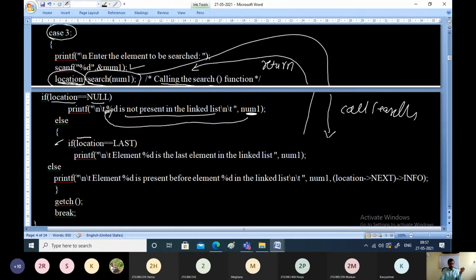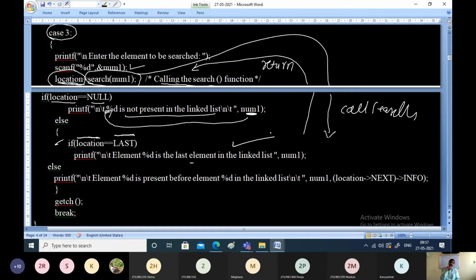That means we are comparing the location of the search with the pointer where last is pointing to. If they match, we simply say that the element %d is present at the last, the last element in the linked list.